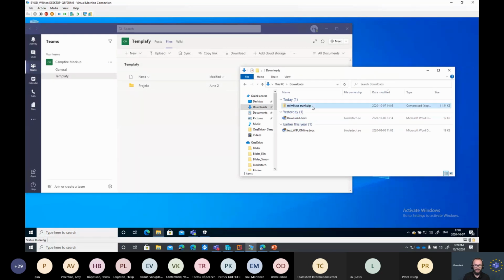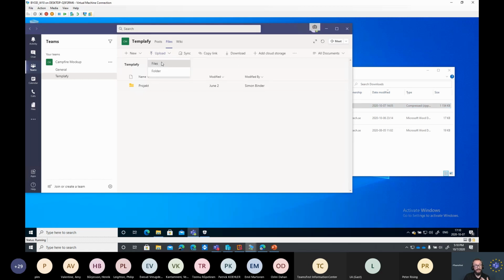In this case, Finn decided it was a good idea to download Mimikatz, which, for those of you who don't know, is a quite famous hacker tool. For this demo I have disabled Microsoft Defender, but they may not even have anti-malware on their device. So this isn't picked up here.